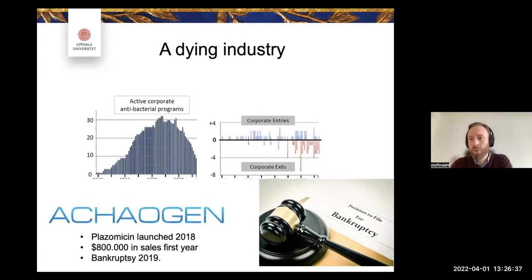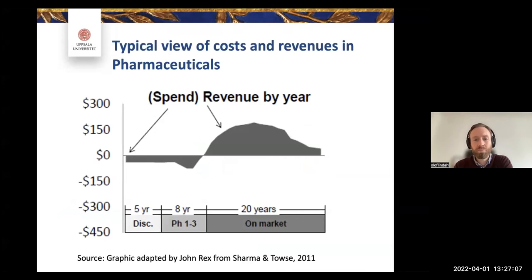And this is a story that is unfortunately quite characteristic for the industry. And it's highly problematic, as I will explain in a moment, because other firms see this. Even research students see this and realize that if I want a job and then not have a job anymore, then maybe this is not for me. Jokes aside, this is not a good signal for anyone. So it's not just about Achaogen. There is a herd situation, as in most human things.